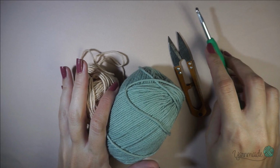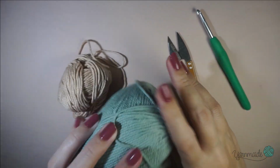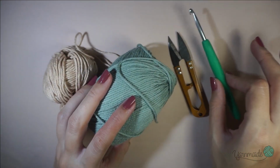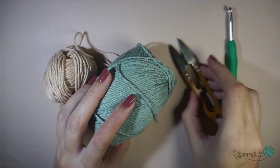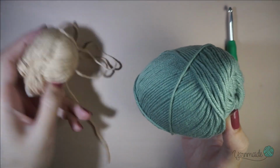Okay, so to start this beautiful top you will need some yarn. I'm using one from We Crochet, it's cotton yarn. I will link it down below. My 4.5mm hook and have some scissors nearby. So I'm gonna begin with this color first,